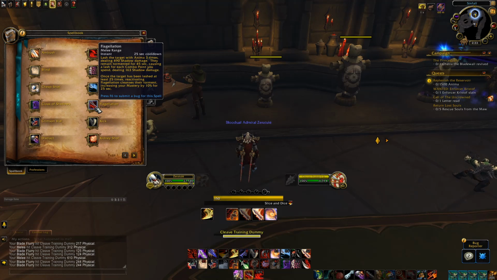So, Flagellation. This is an instant cast melee range move with a 25-second cooldown, though it's not quite that simple. I'll explain. When you cast Flagellation on a target, they are then whipped with Anima Lashes 3 times. Each of these strikes deals shadow damage and applies a stacking debuff called, what a surprise, Flagellation. This debuff lasts for 45 seconds, and every time you spend combo points, the flagellated target...